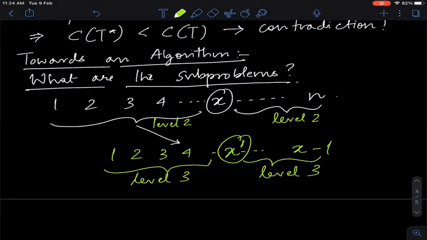Remember, we have to take some inspiration from what we have learned so far. In the problems that we have seen so far, all our subproblems were prefixes of the given problem. If you think of the very first problem that we solved using DP, there were these balls arranged on a line, and we just needed to consider the prefixes of this entire arrangement. Similarly, when we talked about knapsack, we were always talking about prefixes of the instance, the first i items.